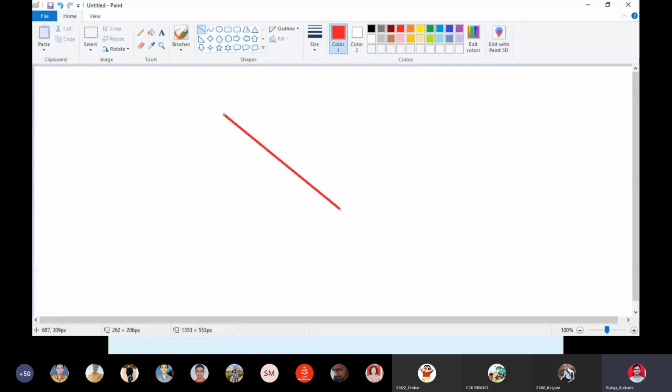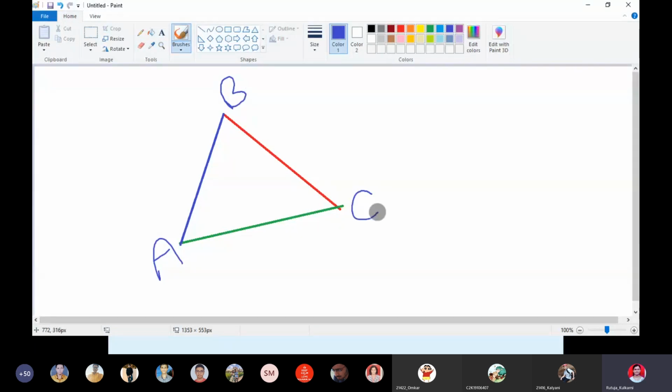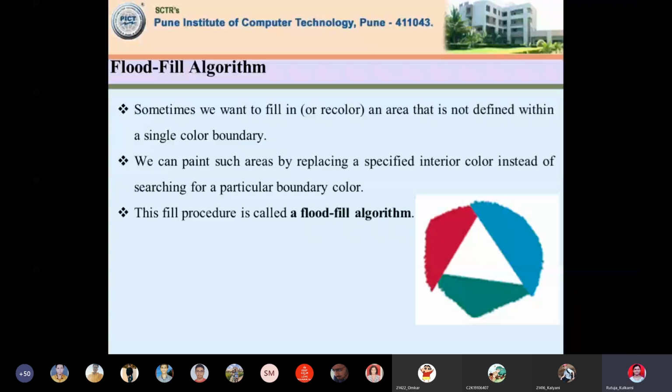This is the first line I have chosen, then another line, say of color green, and another line of color blue, like this. Now the boundaries for the polygon ABC are of different colors. In such cases, we are going to use the flood fill algorithm.